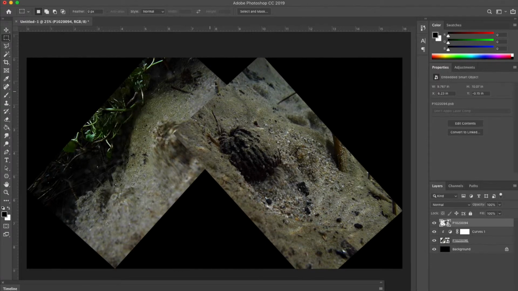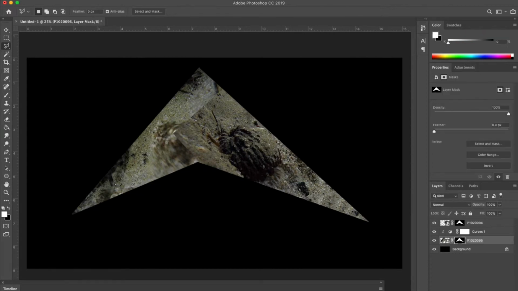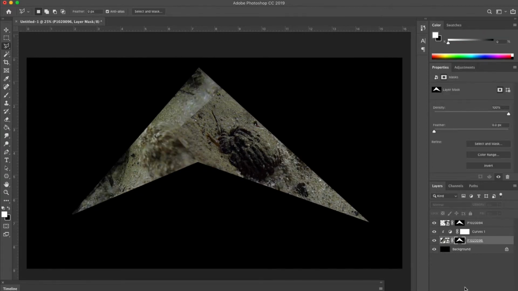What might have worked better for these is we could also just create an entirely new shape. So we could use the polygon select tool, for instance, and I can make this sort of boomerang shaped thing here. And I could mask both videos within that shape. So I could mask one, click on the mask with Command to turn it back into a selection, mask the other,